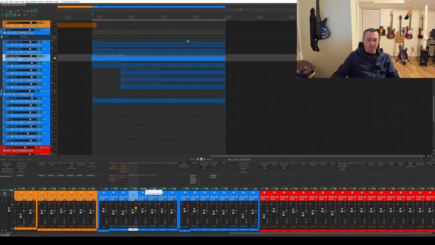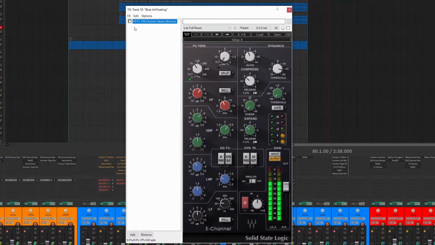So let's first go through what I did with this, and it's similar to what I've done with others. SSL channel, and I realize now that SSL channel on everything is kind of boring for a mix breakdown, but it's like their one-stop shop for EQ, compression and things. I don't know if I'm going to end up using it in mixes. In fact, I just did a mix for my band where I didn't really use it at all. But I really enjoyed using it on this mix.